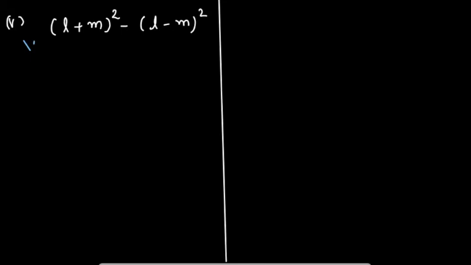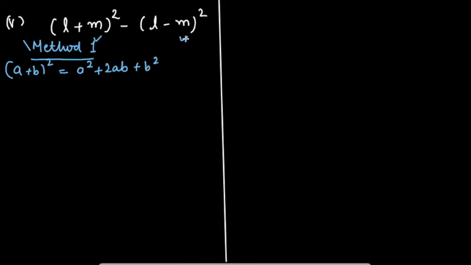So this is your method 1. You see (l + m)² and here you have (l − m)². So I can make use of the identities directly: (a + b)² is a² + 2ab + b², and the second one, (a − b)², is a² − 2ab + b². So I'll make use of these two identities to expand the given expression, which will be